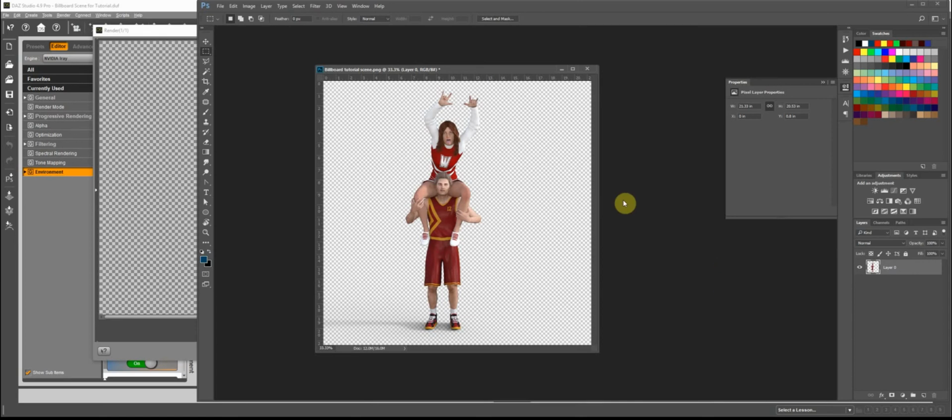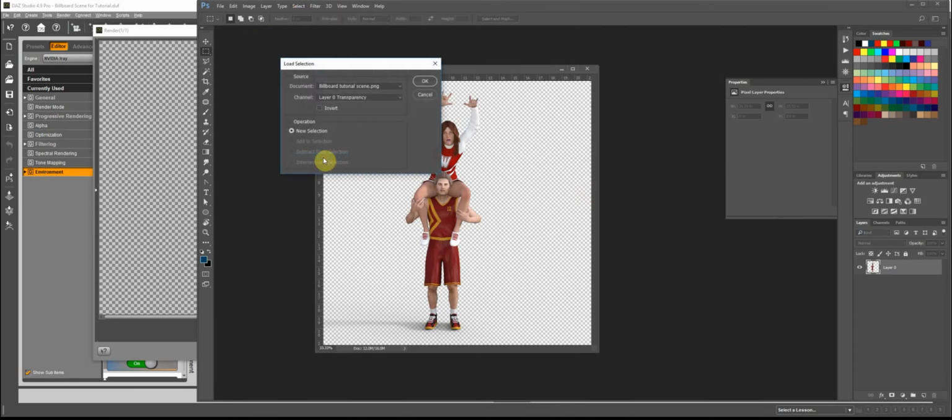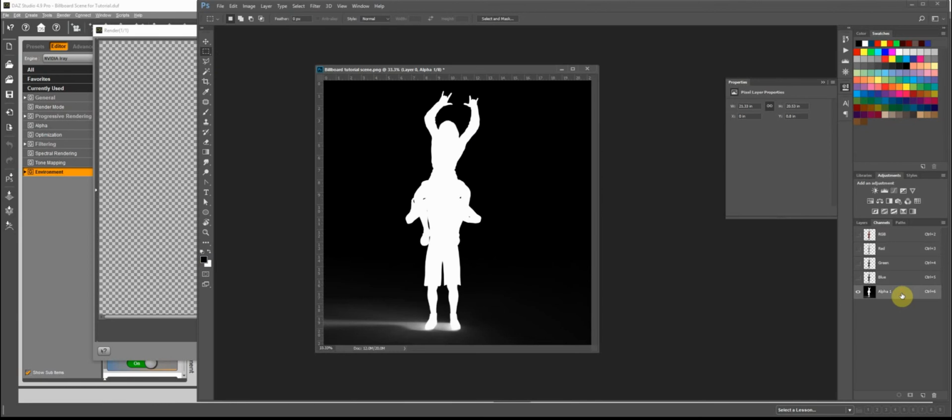So the first thing that we do once we have the image in Photoshop is we're gonna go here to Select, and we're gonna go to Load Selection. We say okay, we're gonna go to the channels and we are gonna add the alpha channel with this button here. I like to deselect first, so I click inside the window, then I click on my alpha, and we're gonna go first